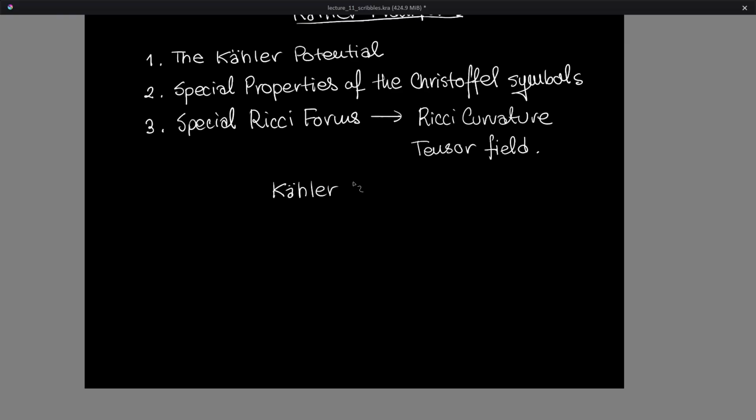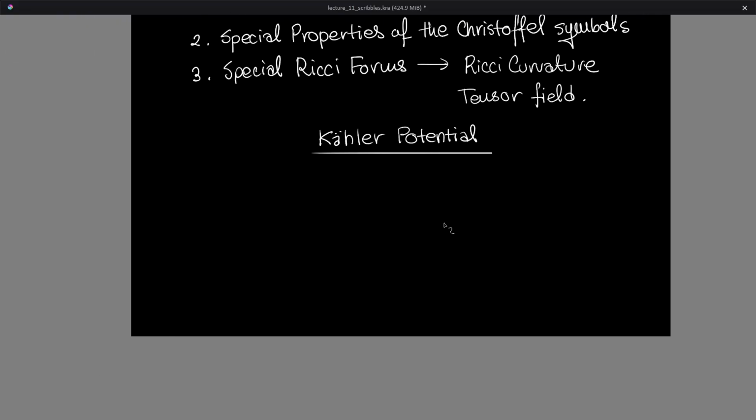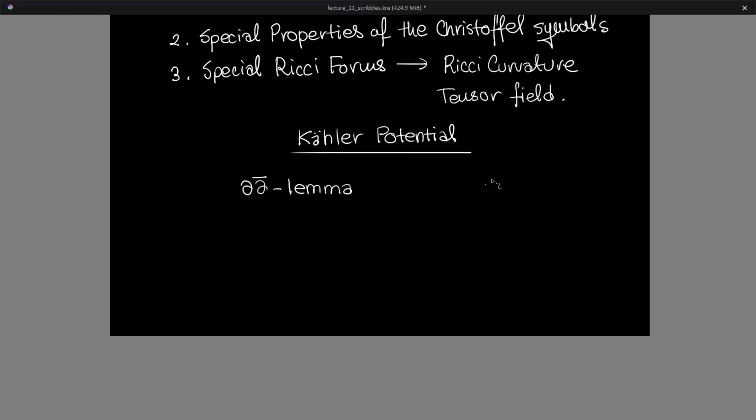In order to discuss the Kähler potential, which is a function that locally exists on every Kähler manifold, we're going to have to state a particular lemma that we're going to prove in the next lecture. It's called the partial bar lemma. The partial bar lemma says that on every Kähler manifold,